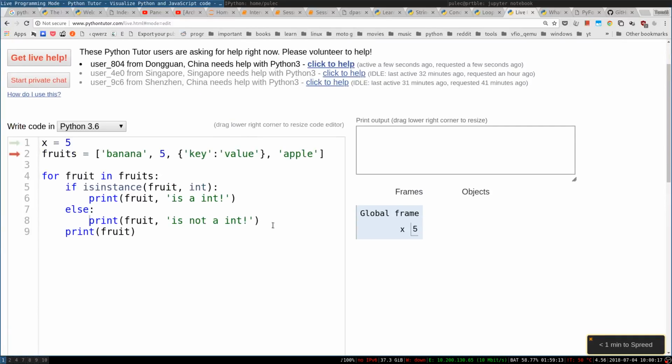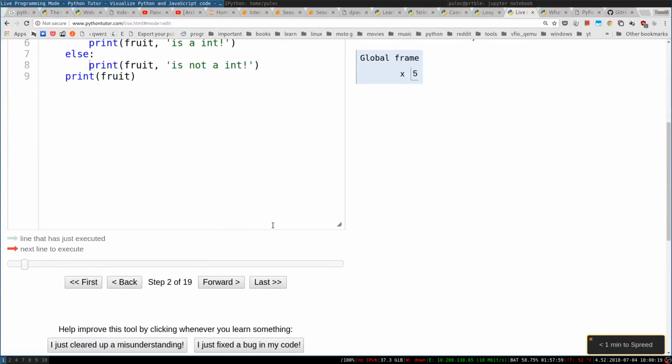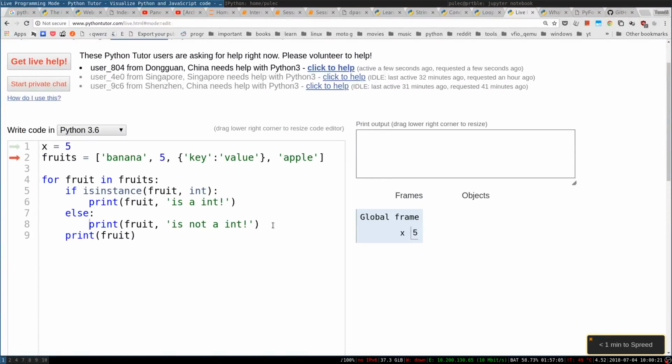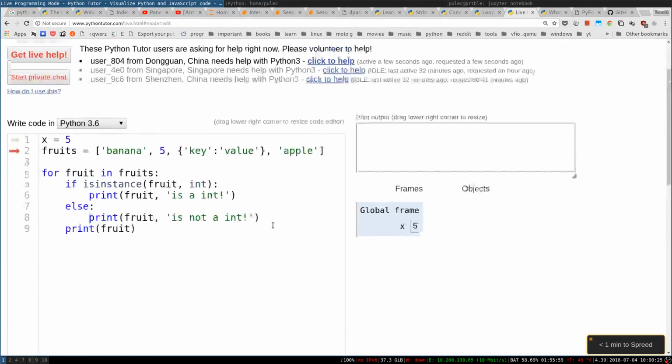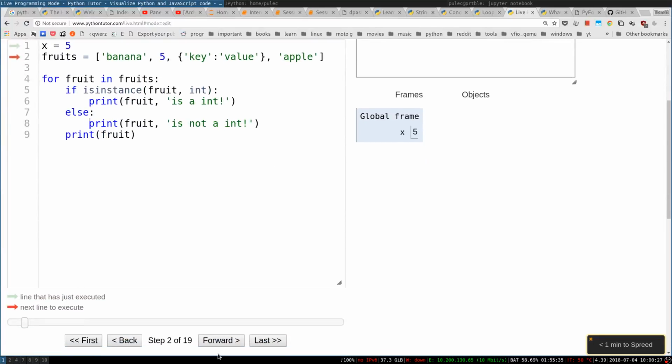China needs help with Python. Okay, so you can help people directly through this. This is interesting. Okay,